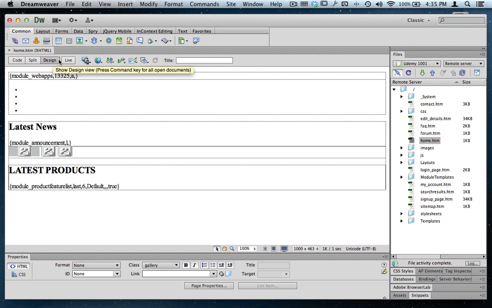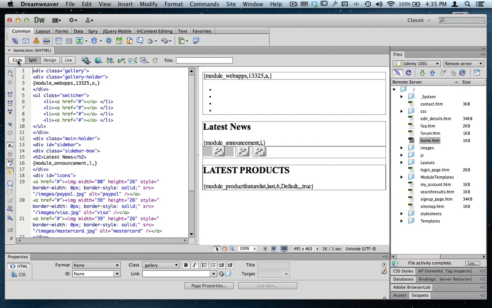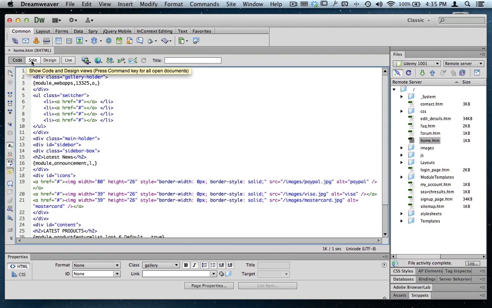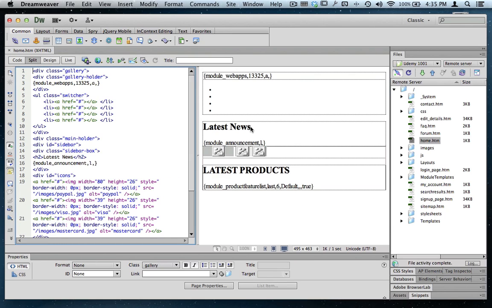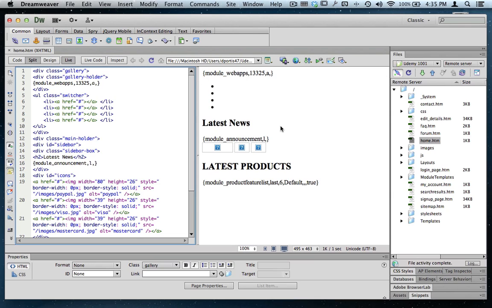So this is the design side. Here's the split code side. Here's the code side right in here. Me, preferably, I like to design in the split. Over here, we can go live to a live page, and you can see the site right here. So let's go ahead and refresh it there,